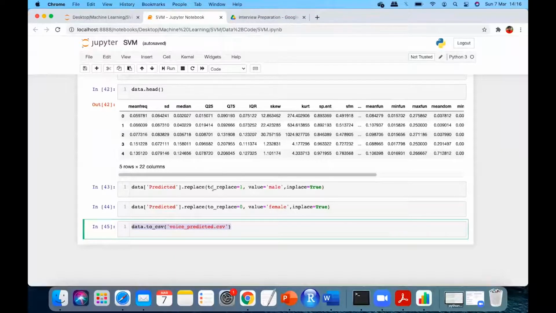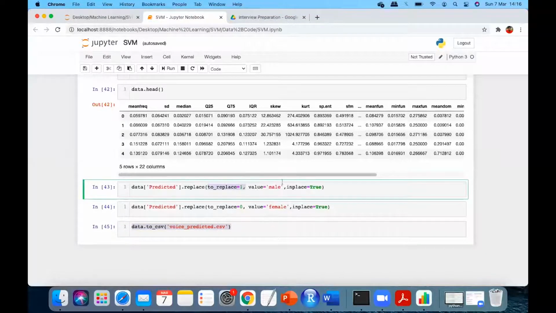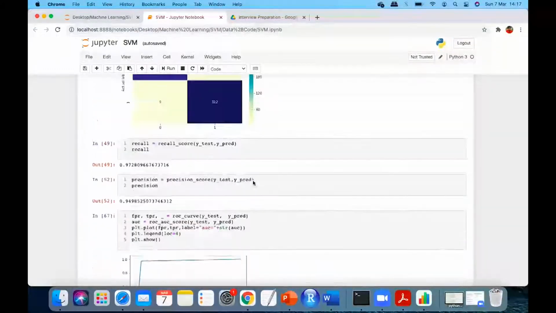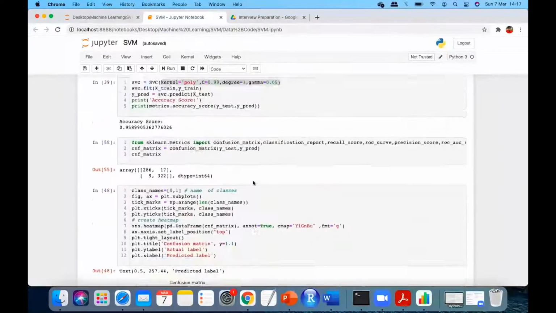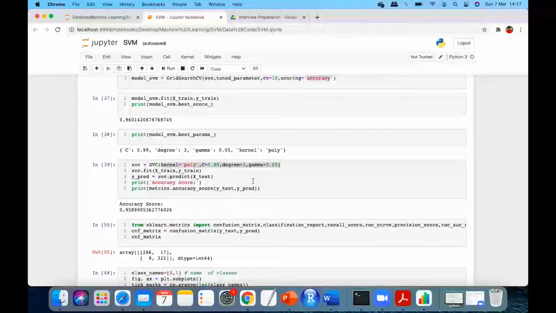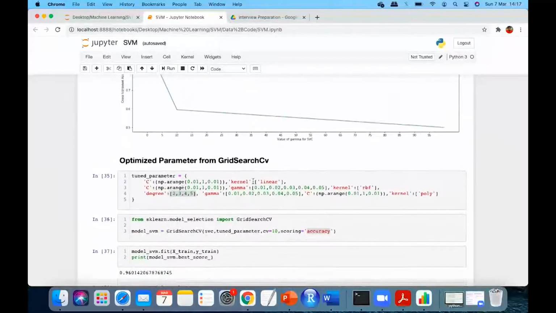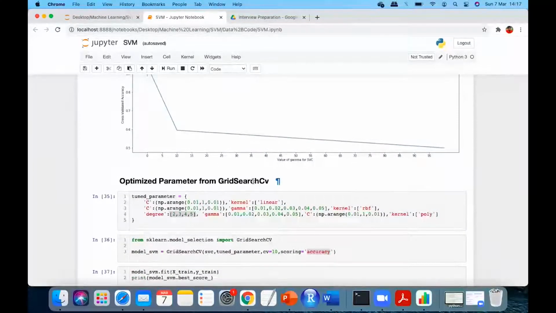Also, do not forget to replace whatever we have mapped, right? One way is to simply replace like this, or another way is to inverse transform. Since it is just two classes, you can do it like this also. Even while encoding, instead of using label encoder, you could have simply encoded manually if there are two classes. I'm just telling you two ways to do that.